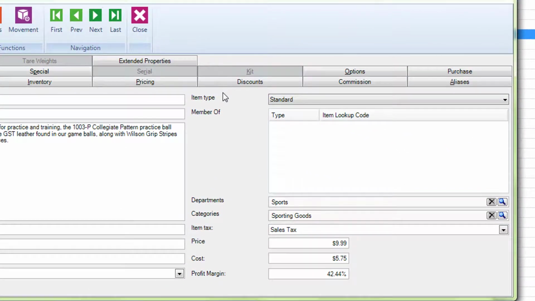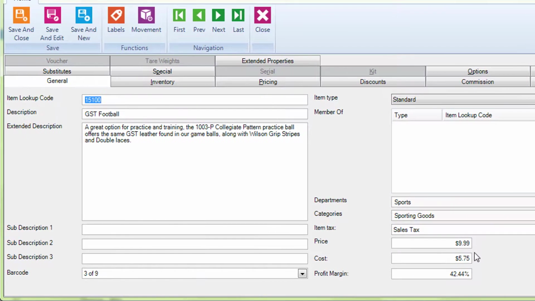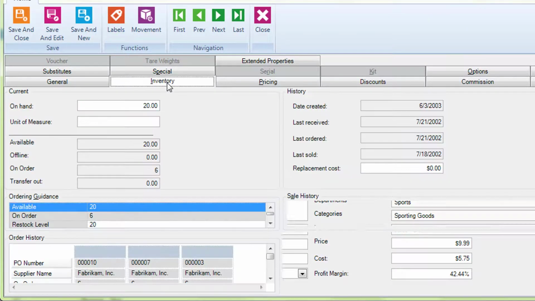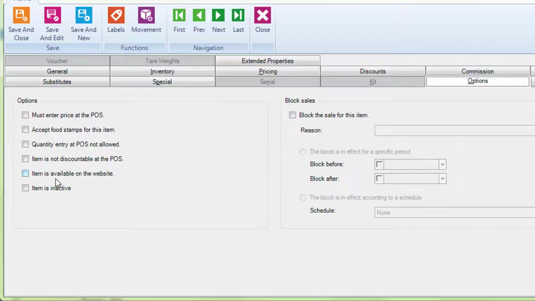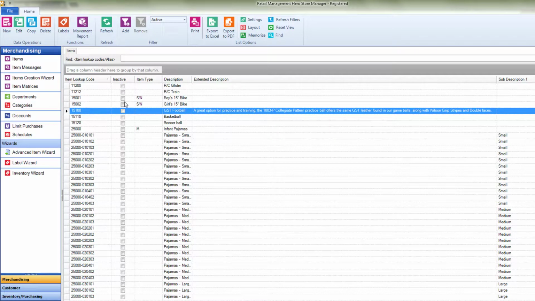For now, let's note the item is in the Sports Department and Sporting Goods category. The price is $9.99, and there's a long extended description. Under the Inventory tab, we can see there are currently 20 on hand or available. And finally, under the Options tab, we'll check the box labeled Item is available on the website. By the way, in the long version of this demo, we showcase all of the functions available to you when